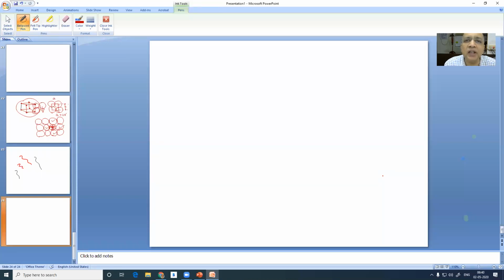We already learned that the coordination number is 6: left, right, up, down, front, back. We also knew the number of spheres in one unit cell. If you calculate, 8 into 1 by 8 is equal to 1. And we also know that the edge length a is equal to 2r.